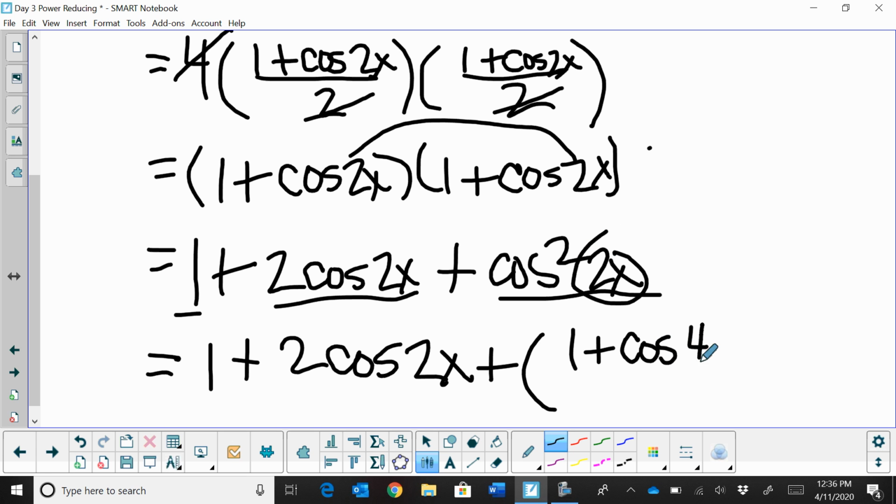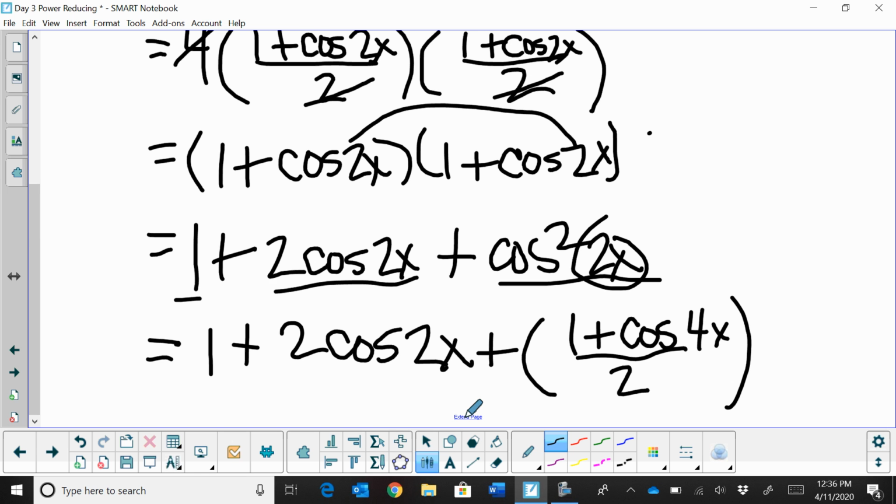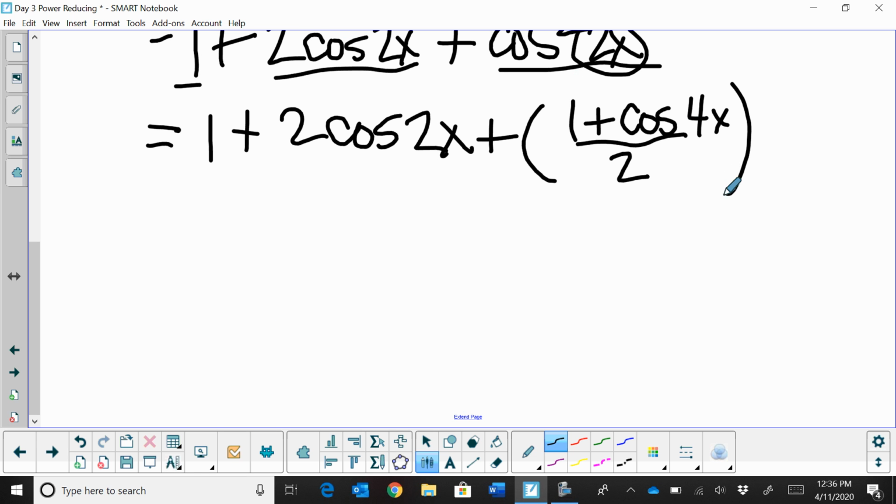So that's going to be 4x all over 2. Okay, so I'm basically done other than simplifying this, because I'm now down to all single powers. So I've got 1 plus 2 cosine 2x